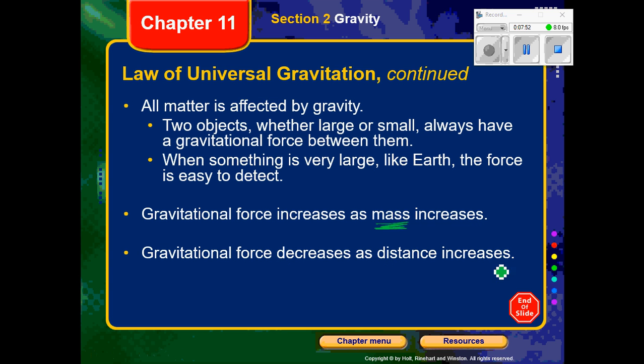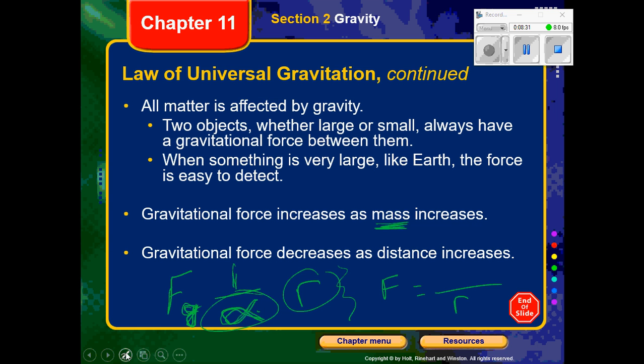And then gravitational force decreases as distance increases. So you can say the force of gravity has an inversely proportional relationship to the distance between the two masses. When you go to write a formula, whatever is inversely related to the force of gravity goes on the bottom. Then if you look at the force of gravity as it relates to mass,